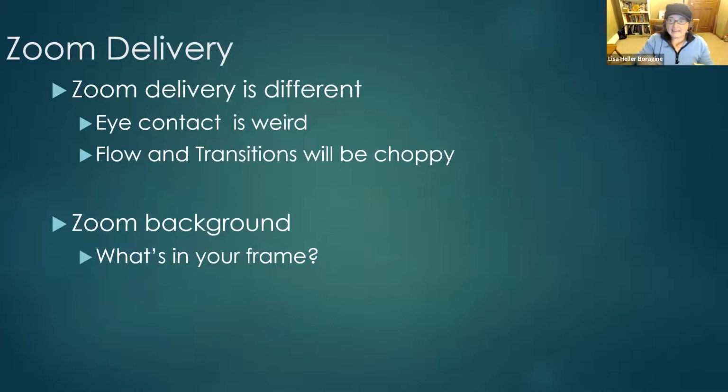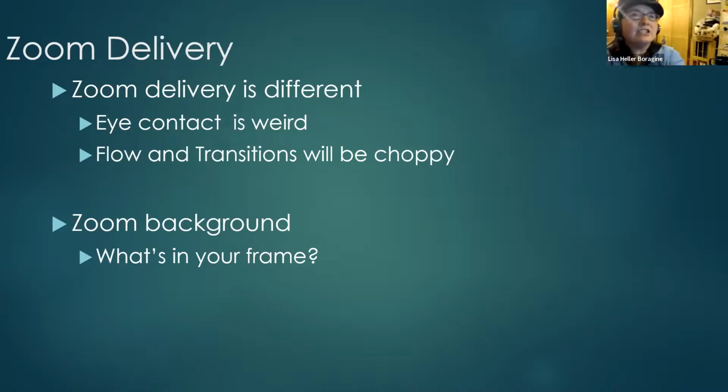If I had situated myself slightly differently, and I'll just move my camera, and I had it like this, you might be a little distracted by all the junk that I've got in my background, right? So think about how you're framing, because what's in your frame is what people see. I want you to be careful about how you frame yourself. Sometimes people join meetings looking a little bit like a character in one of those cartoons where you barely see them. So try to be in the middle.